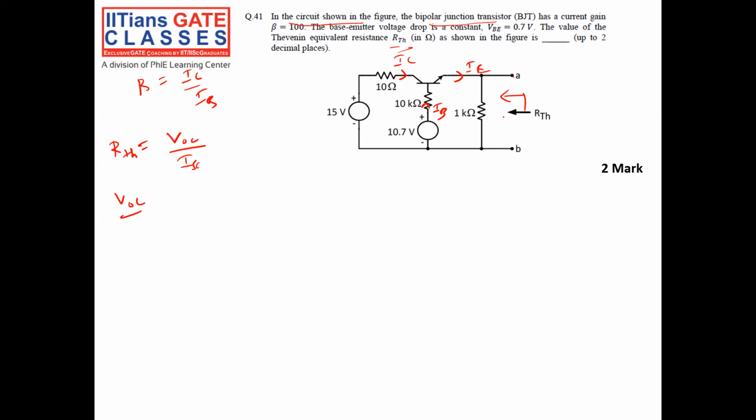Open circuit voltage means I have to calculate the voltage across this 1K. Correct? So for that, let us apply some loop here. This KVL we will apply here. In this loop, 10.7, right? Minus this base current IB into 10K,